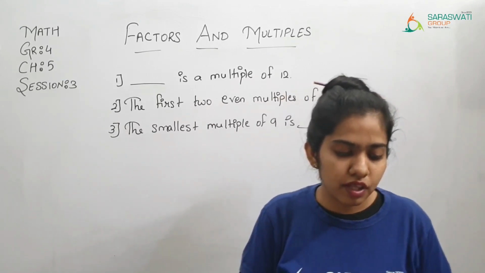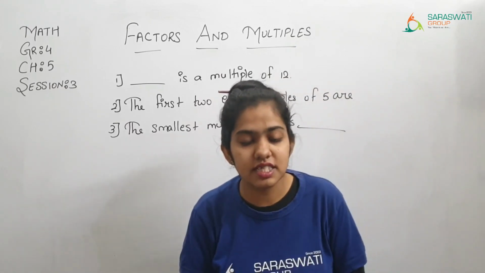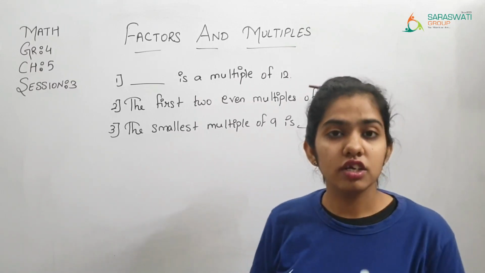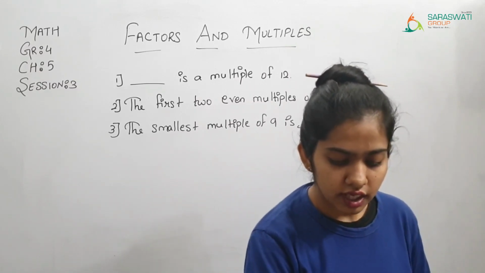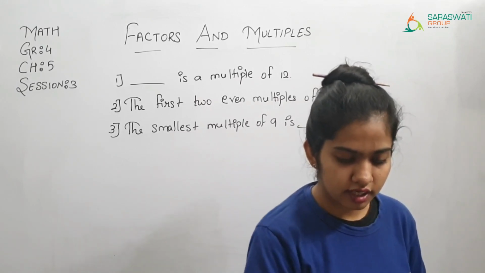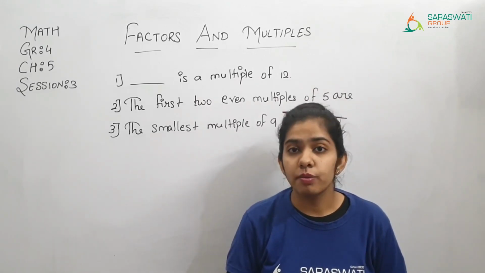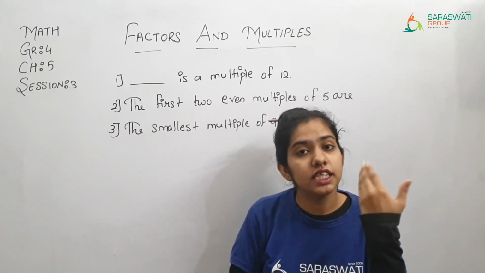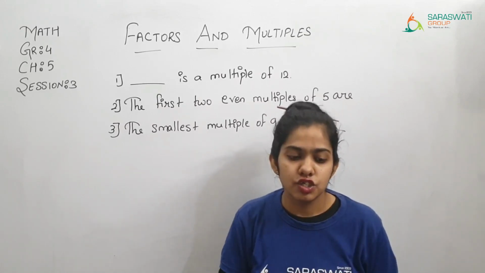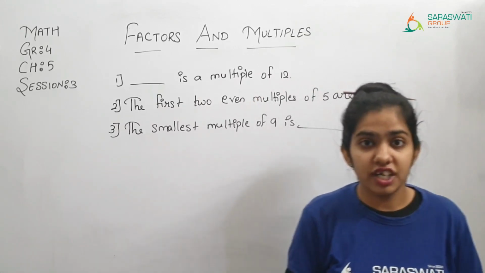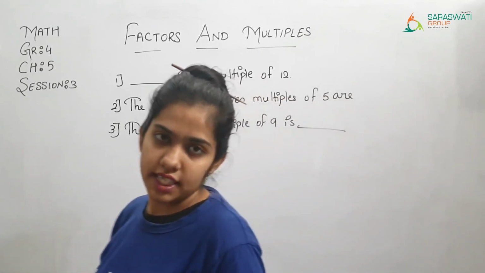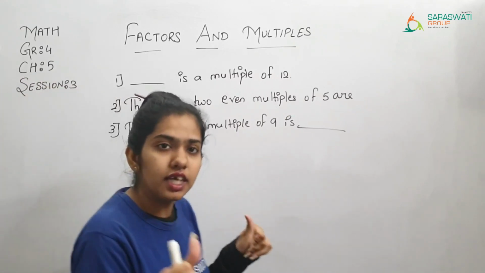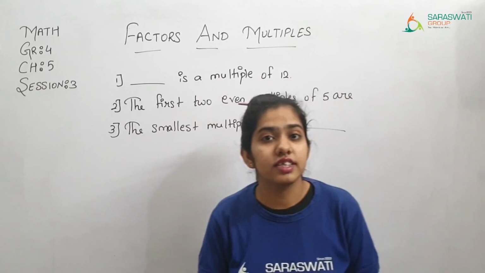Then afterward, a multiple of a number is dash than the number itself. Is it always smaller than the number itself? No, it's never smaller. A multiple is always bigger than or equal to the number. So our answer is: a multiple of a number is never smaller than the number itself.